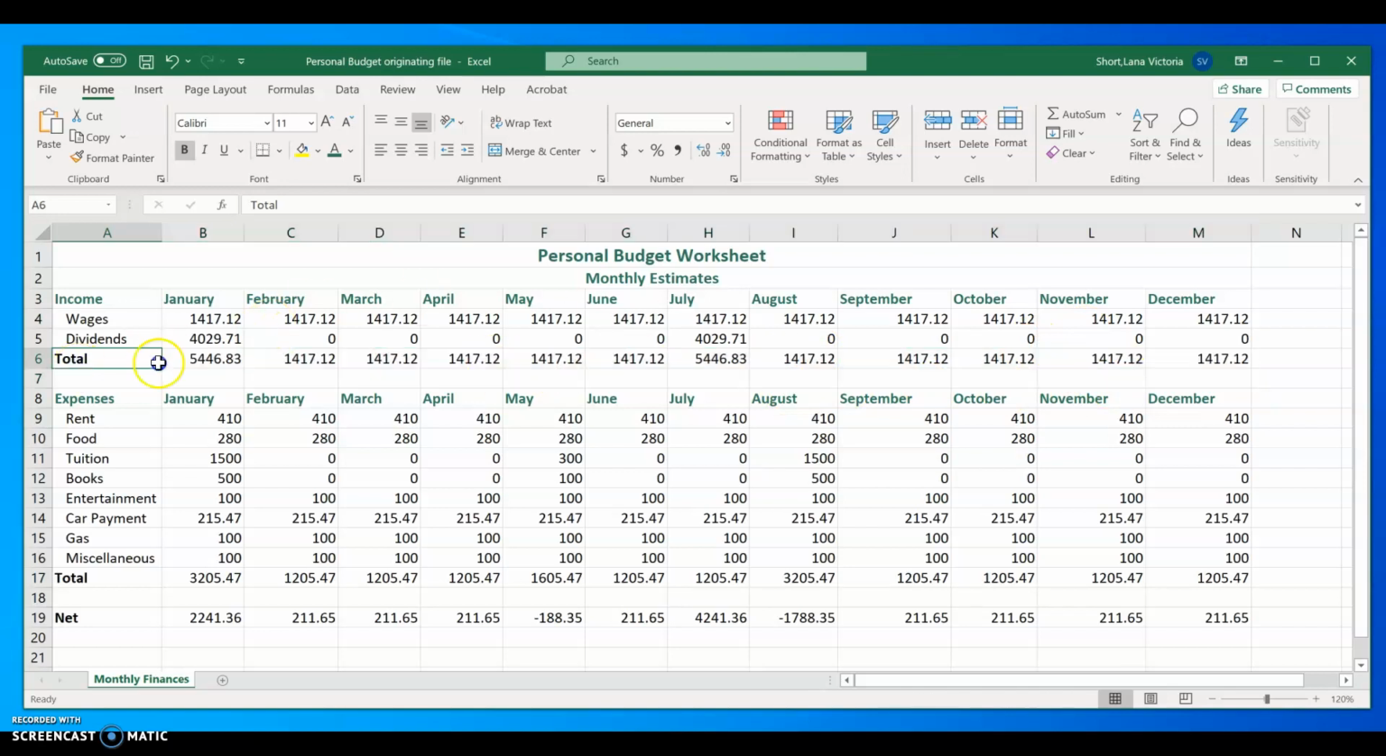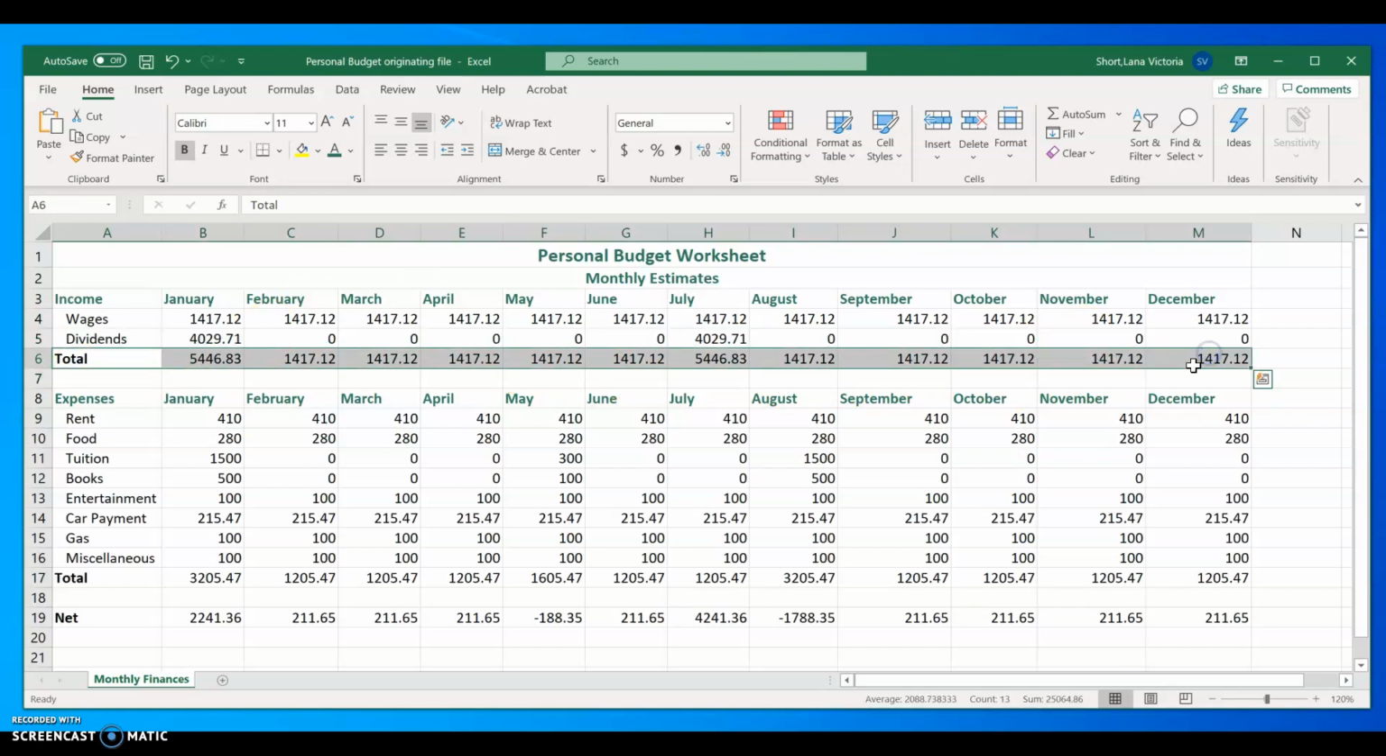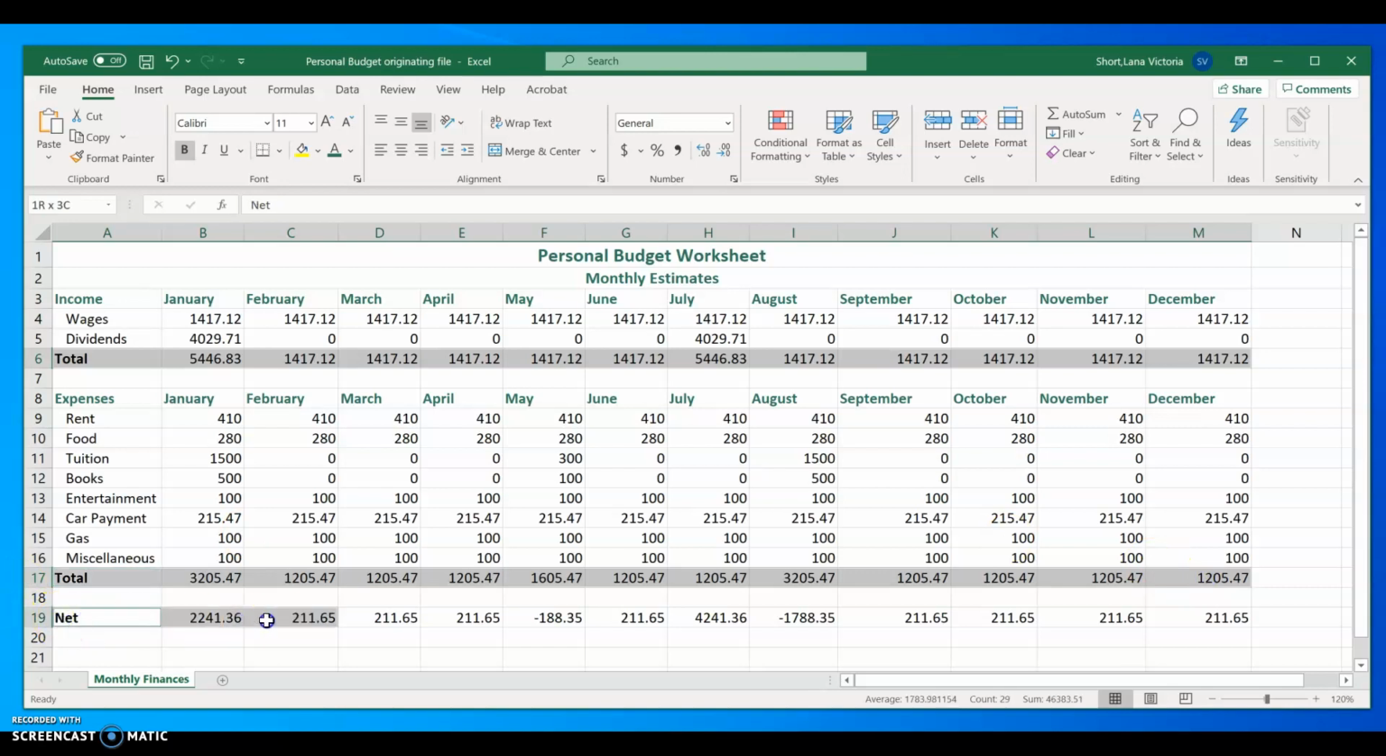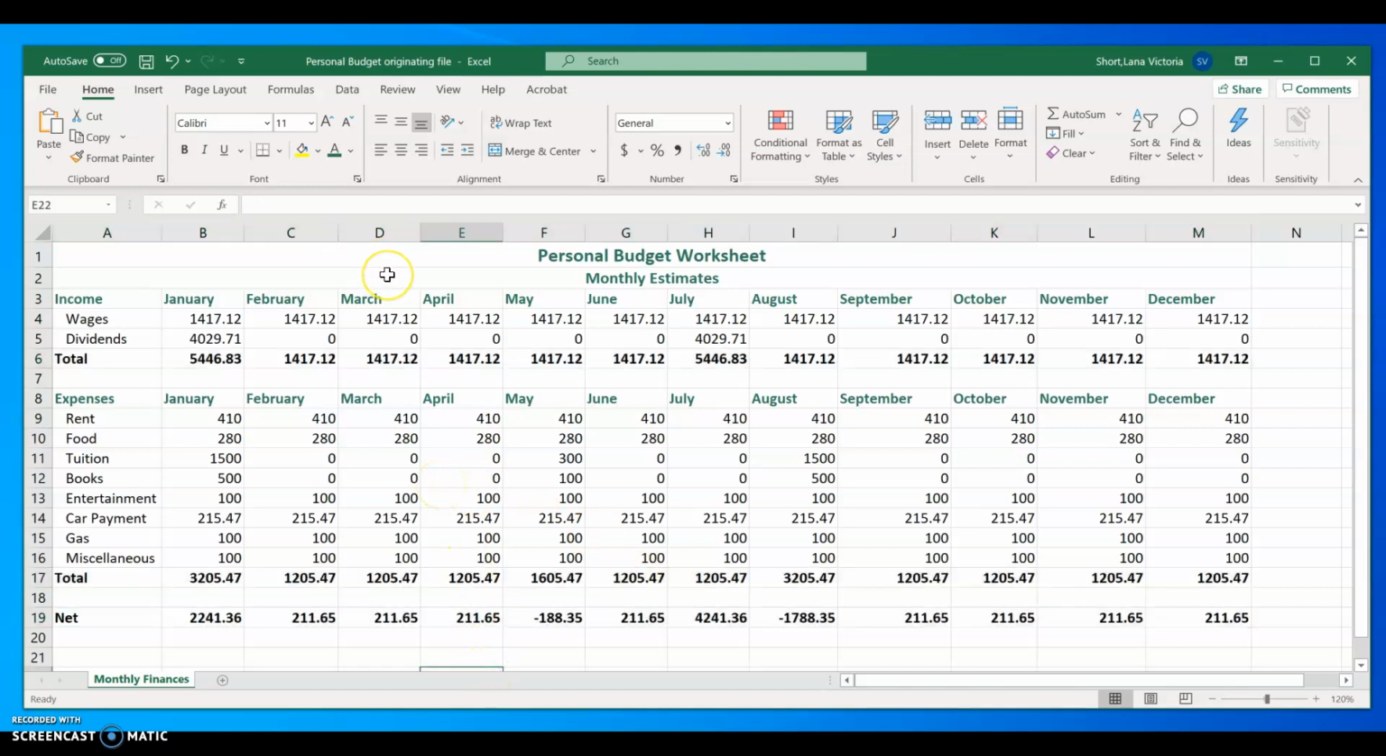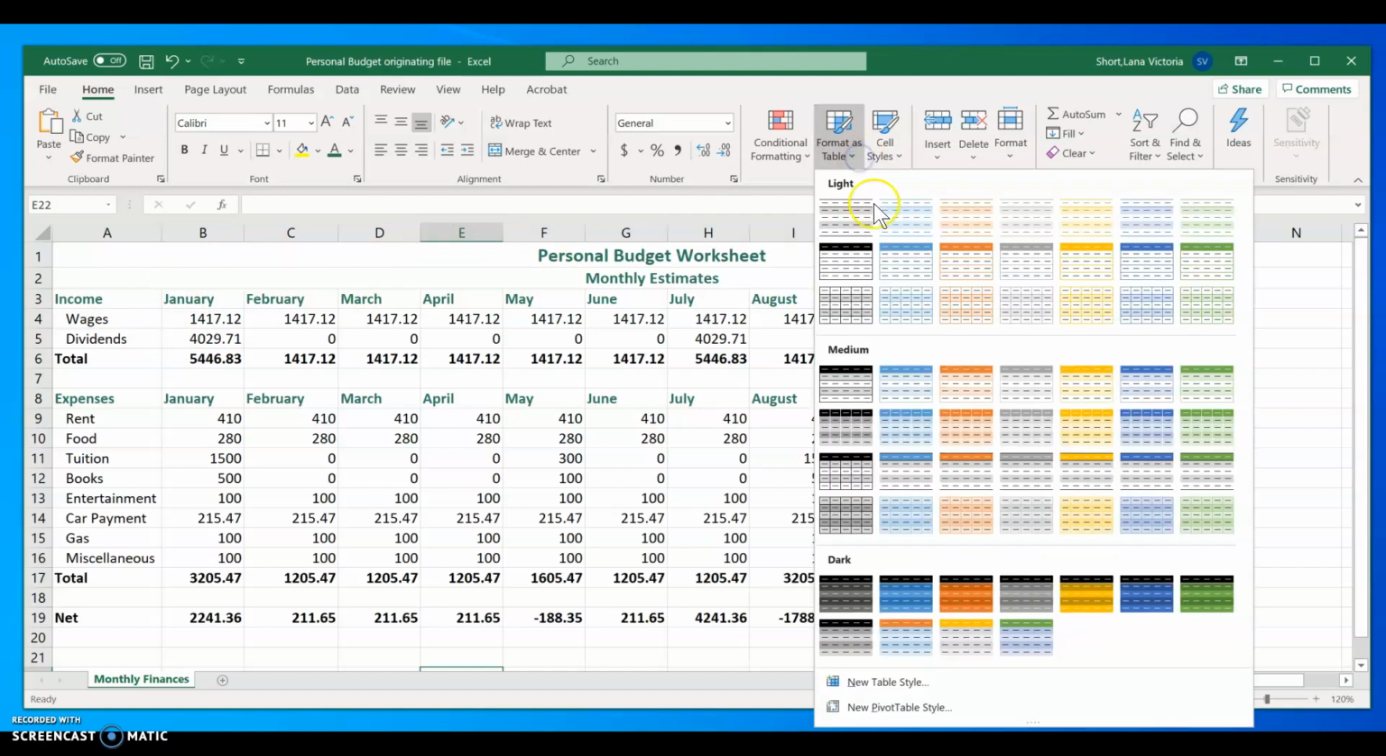So I'm going to apply it for row 6. Then I'm going to press the Control key, and while holding it, select the total for expenses and the net. Now I'm going to press Control B, and it'll make the font in the cells bold. We can also add some style. I'm not going to format it as a table, but I'm going to show you how to format it